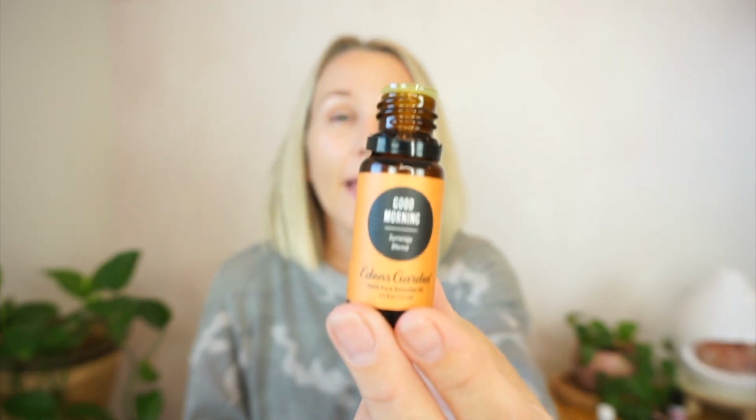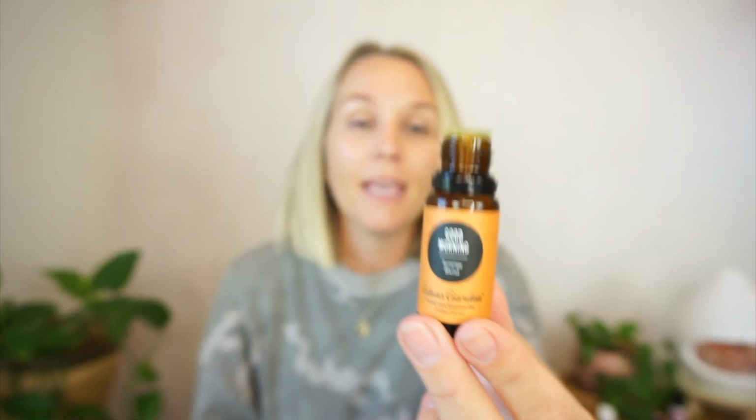And then Eden's Garden, Superior blends. They have the best blends, you guys. If you're coming from candles, I think I already said this, you will love their blends. They are so much more fragrant and perfumey, and still being essential oils, but they put vanilla CO2 in a lot of their blends, most of the blends that I have. And like we already went over, the CO2 vanilla is way more pricey, so that is why